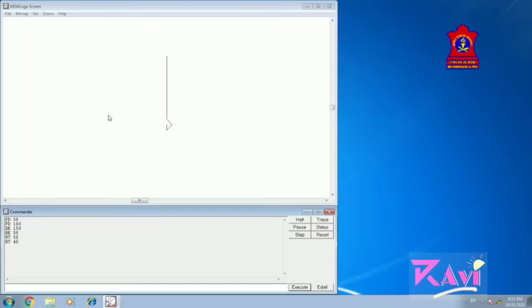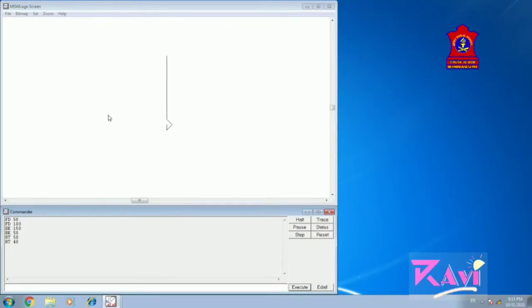Whenever we use the RT or LT command, right or left, whatever number we provide is not steps, these are degrees.